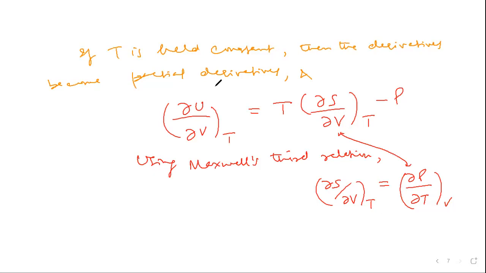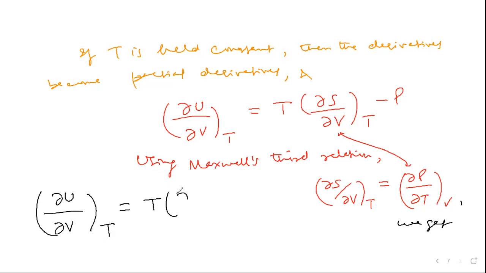So what we get, right, we get ∂U/∂V at constant T is equal to T ∂P/∂T at constant V minus P. Let me encircle this equation